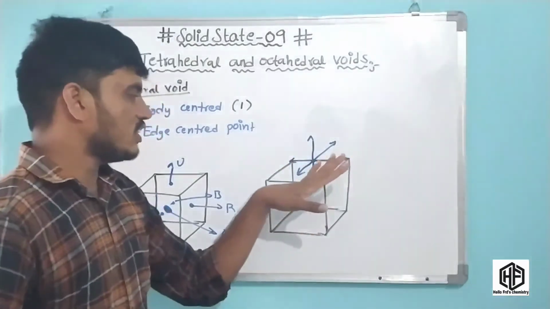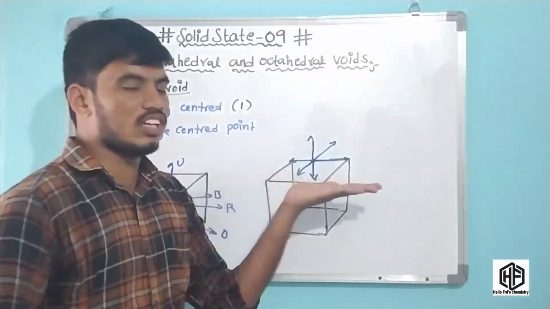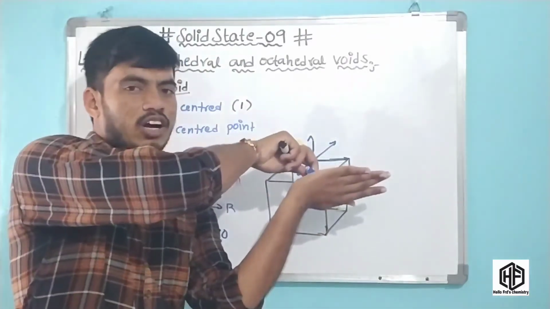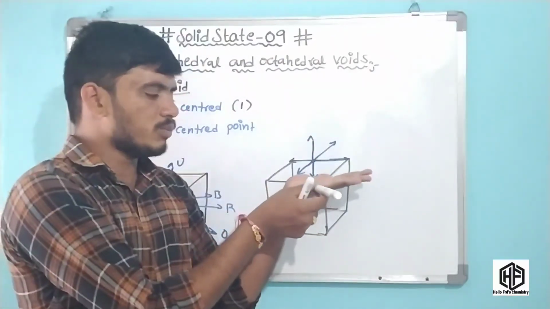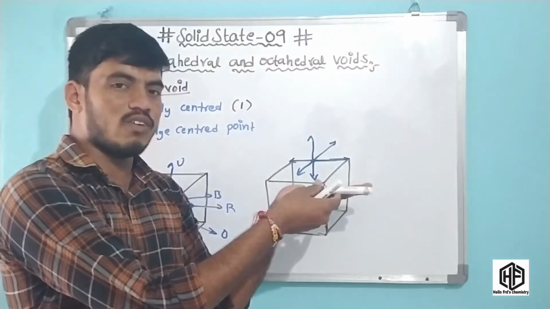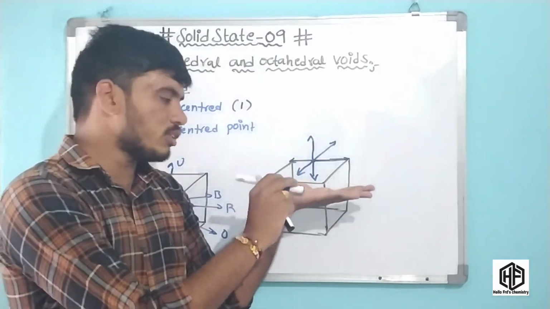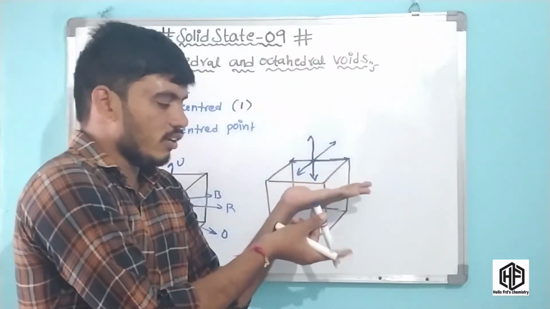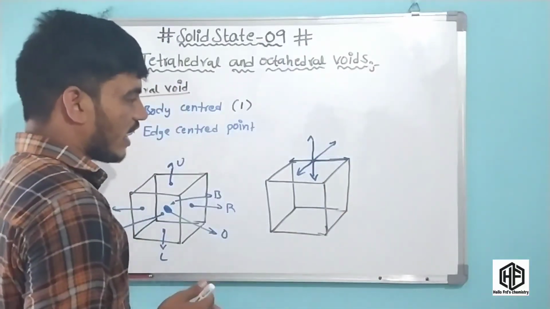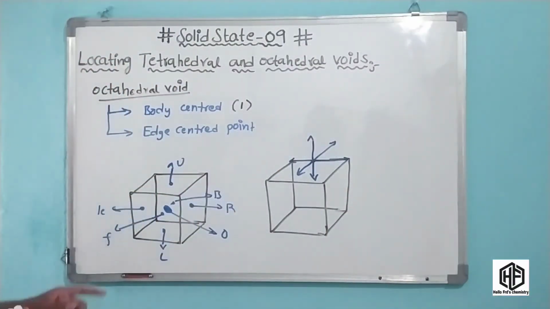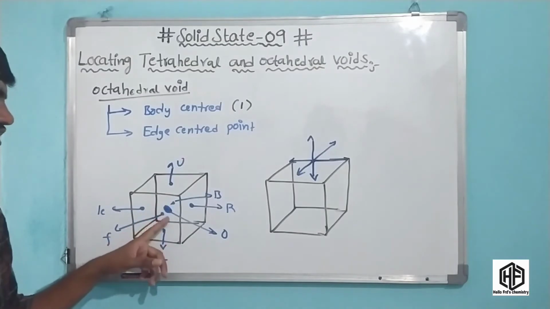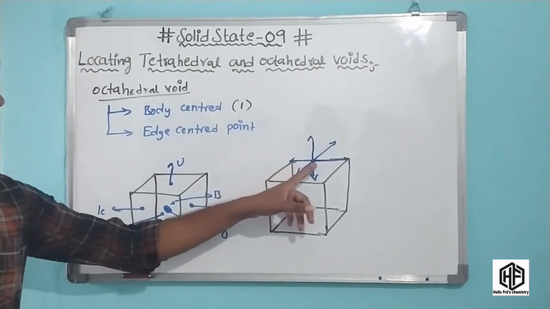You know that friends, this is a two-dimensional face. One atom is present in front of you and another atom is present at the back. In the same opposite way, one atom is present in front and one in the opposite way, one atom is present on this side and one on this side, and one atom is present on top and one at the bottom. Six atoms generate a void. That void is called an octahedral void. In face centered cubic close packing, octahedral voids are present at the body center and the edge centered point. At the body center, one void is present, and at the edge centered point, like this.